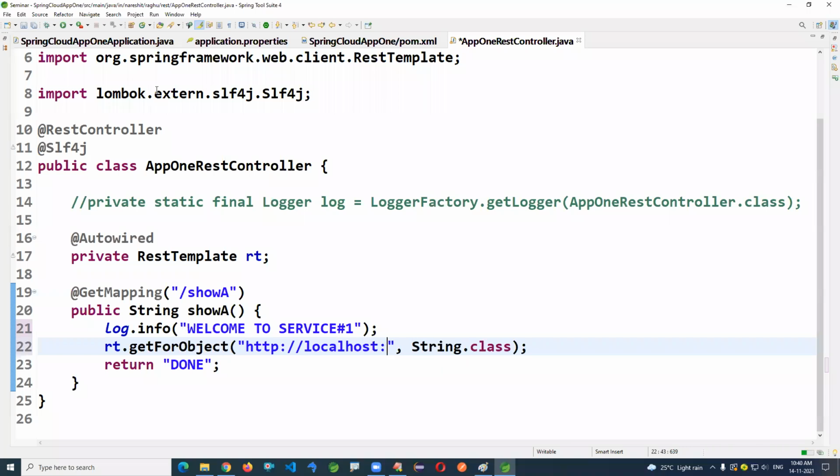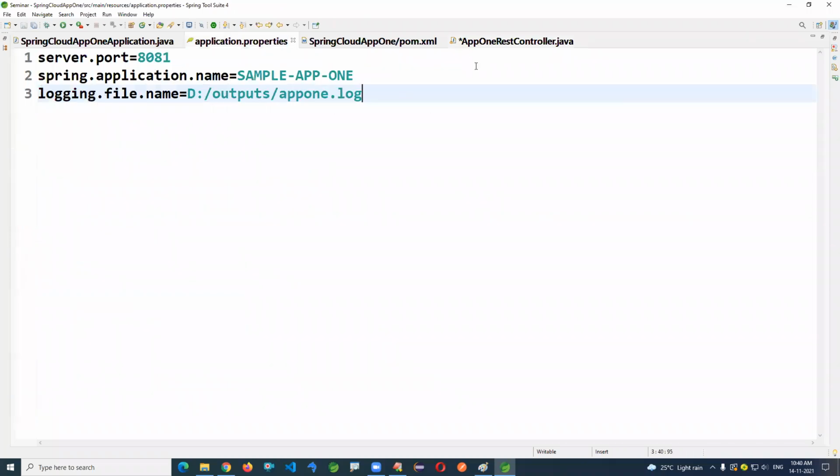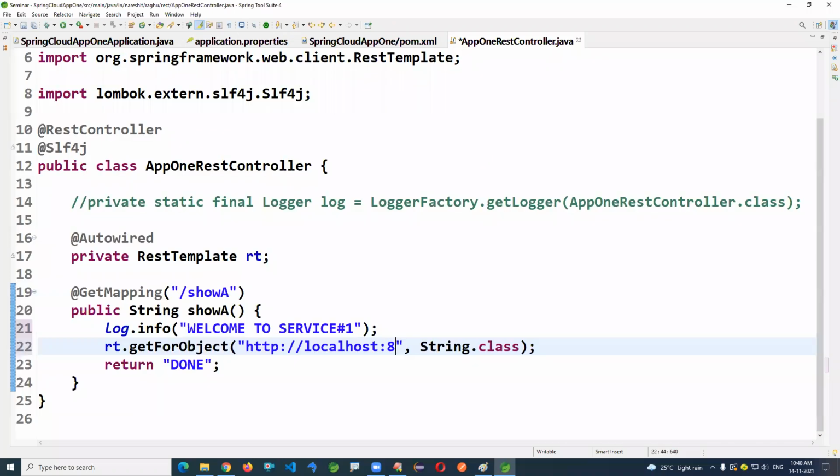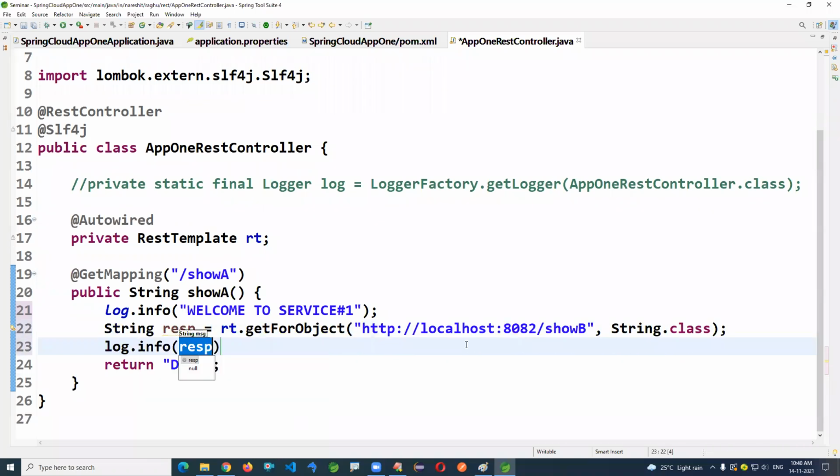Localhost, I have just taken 8081. I'm going to write the second microservice on 82 with a URL like show b that we need to write now. We need to define that one here. It's giving some response. And I'm writing a log.info.